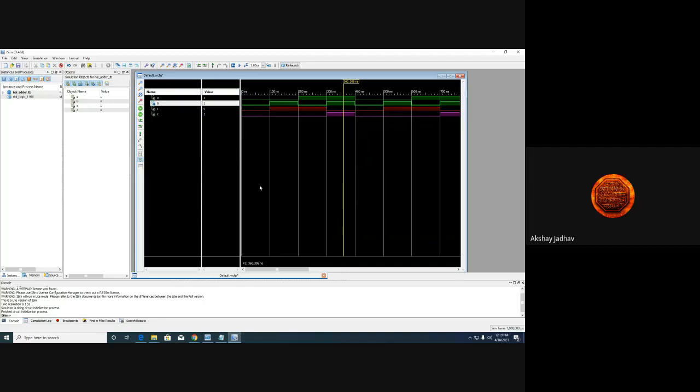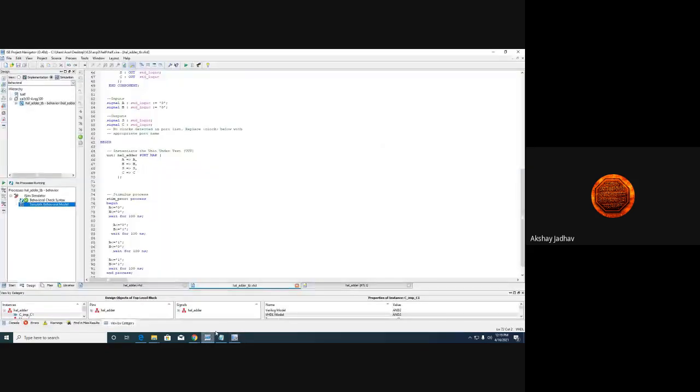So if you want to generate the bit stream and dump this particular code into the hardware, we need to implement this top module, run it, and it will ask us to generate the bit stream. For that we need to go to the new source again, create a bit stream and dump it into that kit, and there we are able to see the corresponding pins which we are going to assign for A and B as inputs, that is your switches, and S and C will be your outputs in the form of LEDs. So that we are going to see.